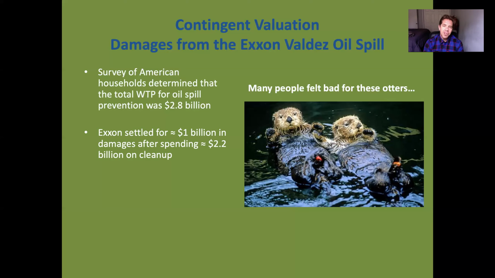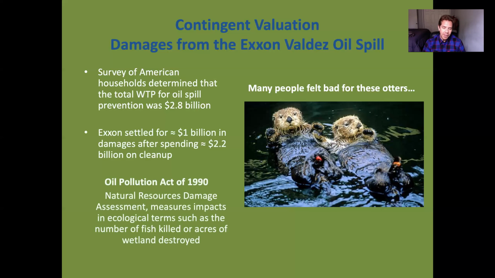But again, this is just to show that in cost-benefit analysis, we want to determine what are the costs of things, what are the benefits of things, and sometimes those costs and benefits are really difficult to determine. Ultimately, this application of contingent valuation led to a carve out in the Oil Pollution Act of 1990 that said that when you have natural resources